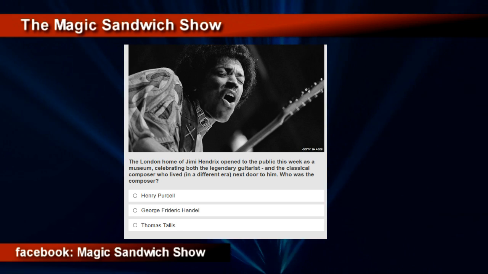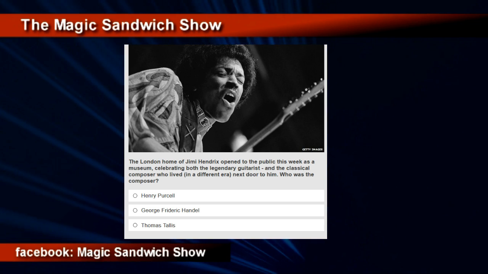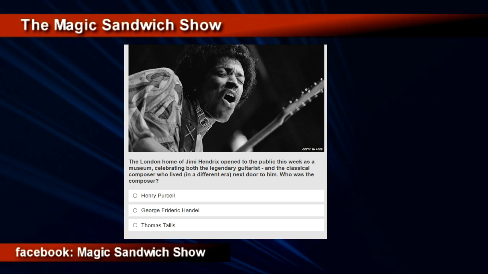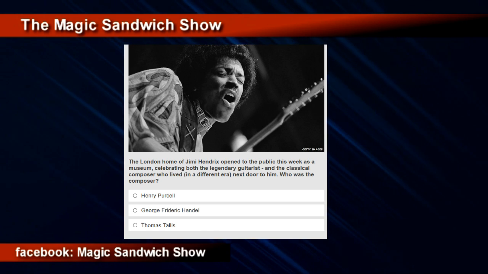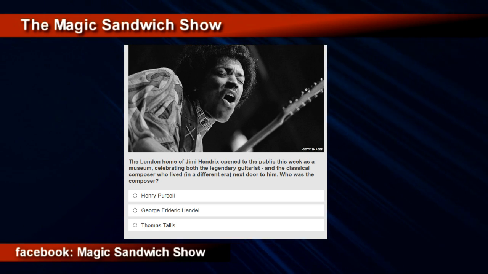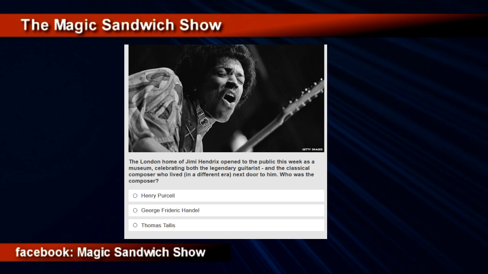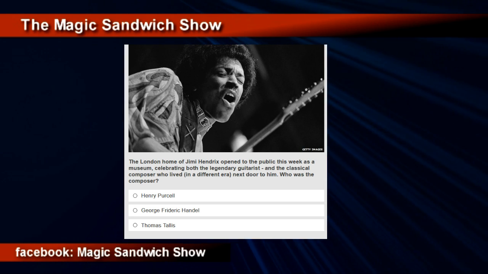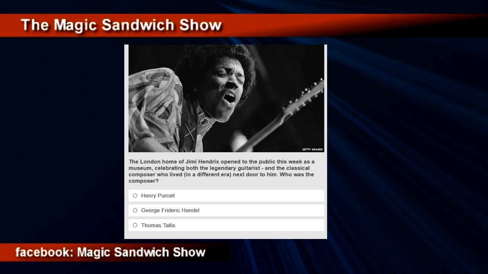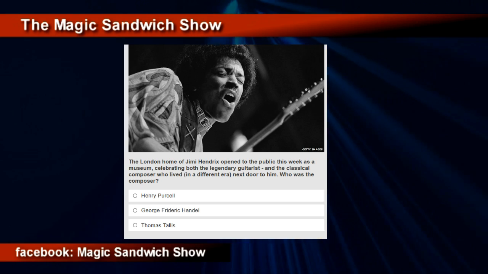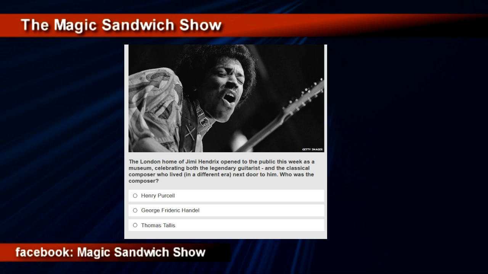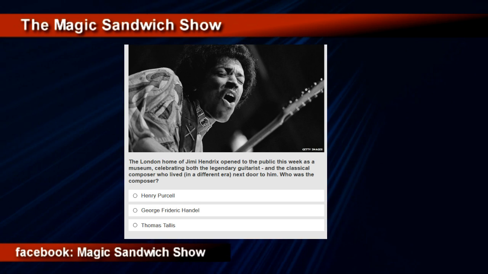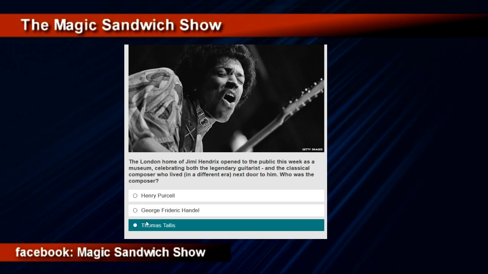Henry Purcell. I'm not allowed to ask you. We went over this, remember, last show. I got in trouble for using no cheating answers. I'm torn between Purcell and Handel. I'm pretty certain Handel spent some time in London, but I don't know. Are you going to go first? I'll take Handel if I can go first. You'll take Handel. Yeah, if you go first, I'll take Purcell.